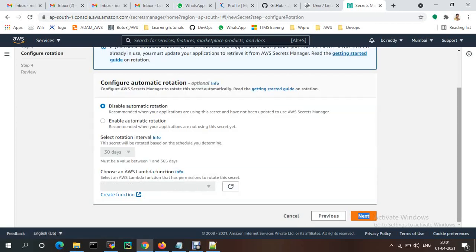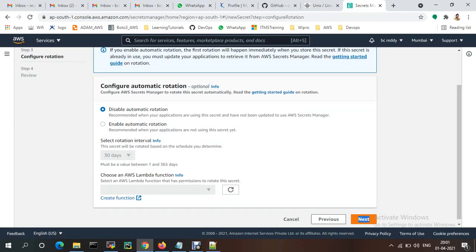Here you can disable automatic rotation or enable automatic rotation. I'm just disabling automatic rotation. It's recommended when applications are using the secret and it is not updated elsewhere. If you select this one, you need to select 60 days, 30 days, or a custom period. Sometimes in our laptop we are asked to update the password in Outlook every 30 days, like that. If you don't select disable automatic rotation, we need to do this.